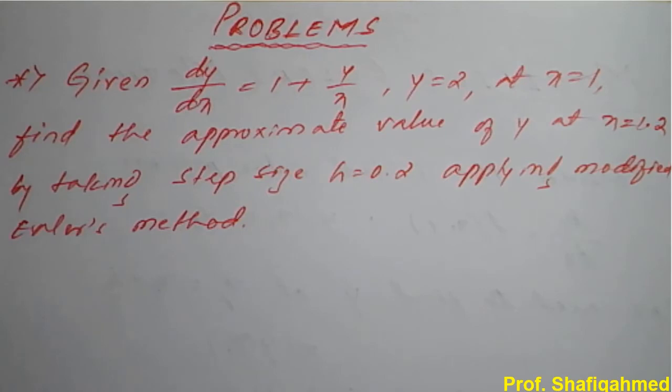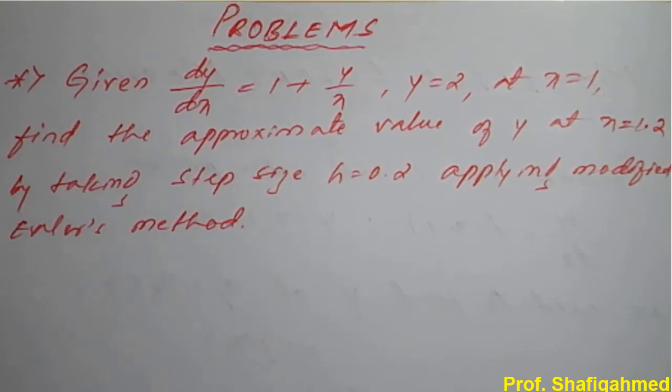So what does Euler's modified method say? First we need to find the value of y at x1, that is y1, using the differential equation and the initial condition. The initial condition is y(x0) = y0. First we apply Euler's formula, that is the predictor. Then we need to modify it, that is, we correct our predictions. Therefore let's see how to solve this kind of example.